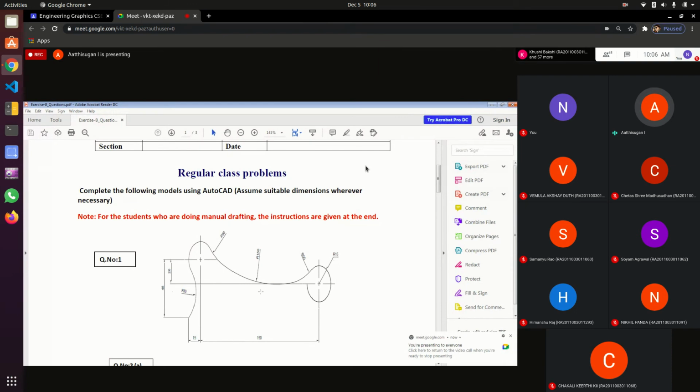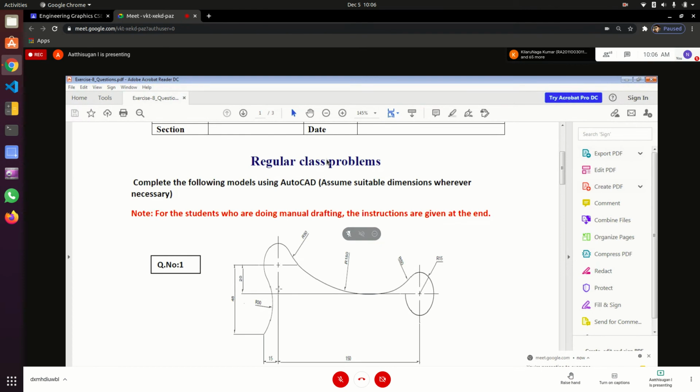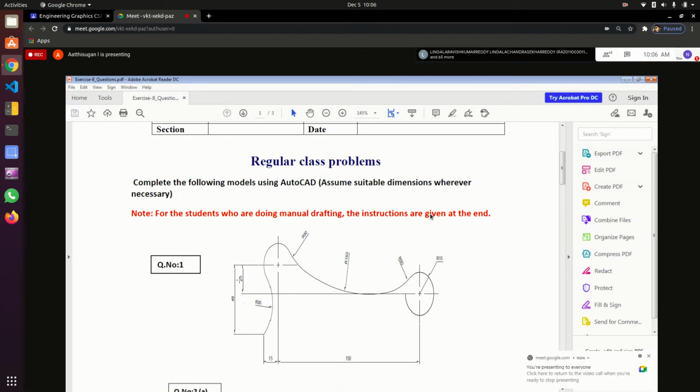The next step is I'm going to draw this circle, but the circle center is some distance from this line, that is 20 mm. So from this point I'm going to draw the circle at 20 mm height. Better first you draw the line height of 20 mm, make it this point. From this point draw a circle of radius 150.